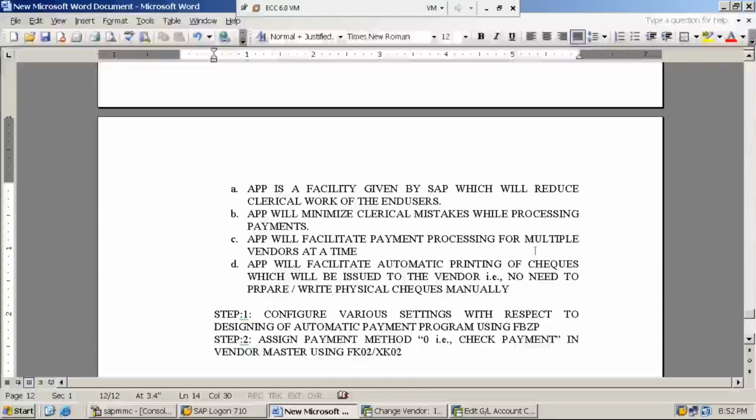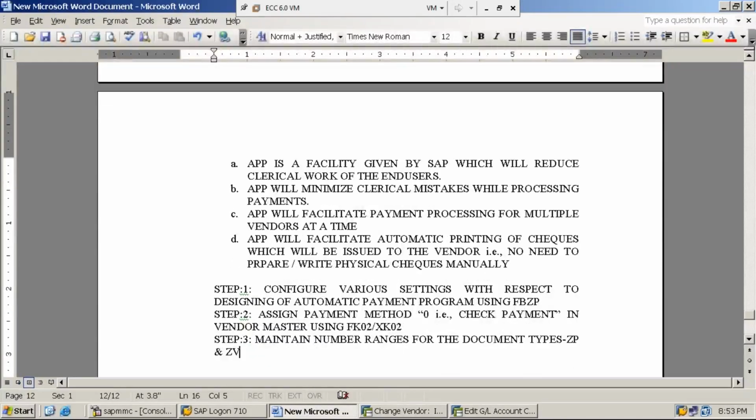Next, step number 3. Maintain number ranges for the document types ZP and ZV. These document types we have used in the configuration of APP in the first step. Maintain number ranges for the document type ZP and ZV using